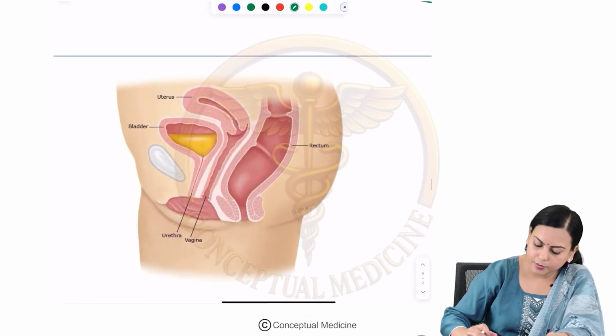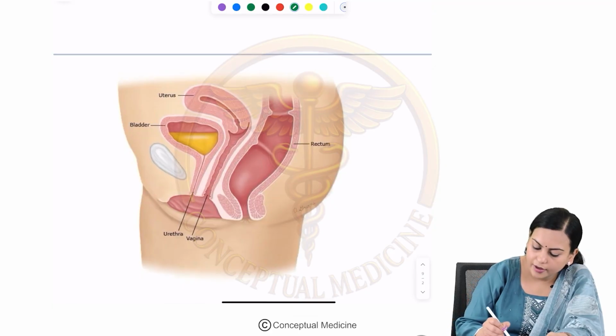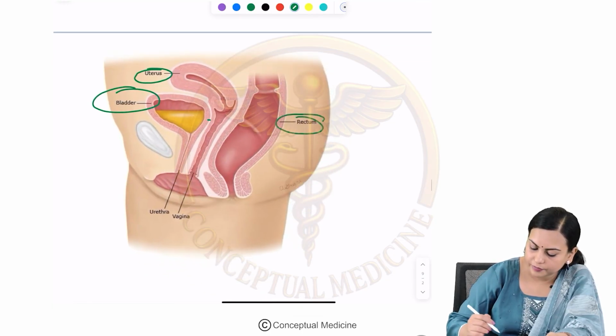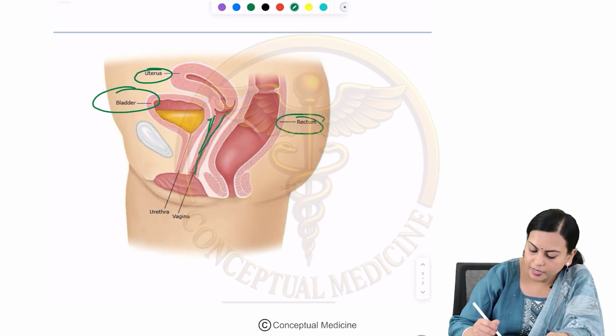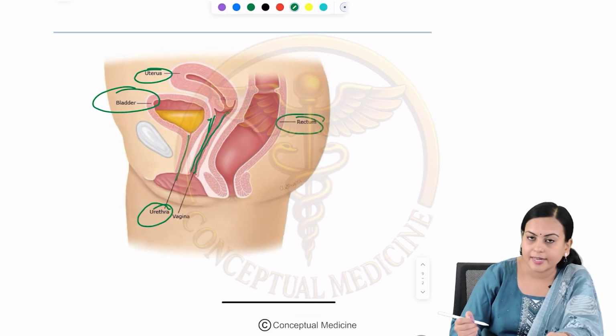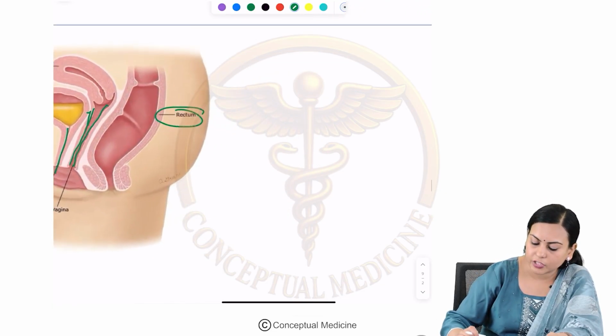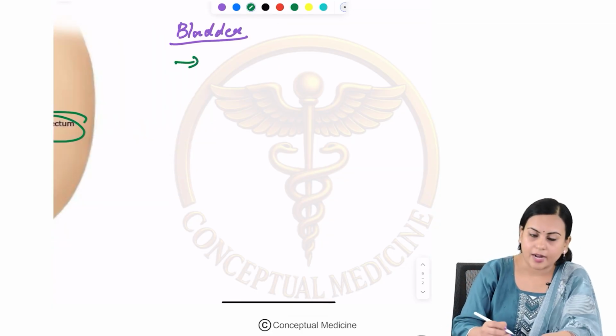So, this is basically the position of the bladder. You have the uterus, anteriorly you will have the bladder and posteriorly you will have the rectum. This is the vagina, that is the pathway to the uterus, and then comes the urethra here. Basically, the urethra is closely related to the anterior wall of the vagina. Now, if you take the bladder, bladder